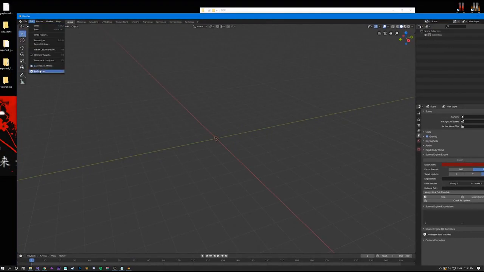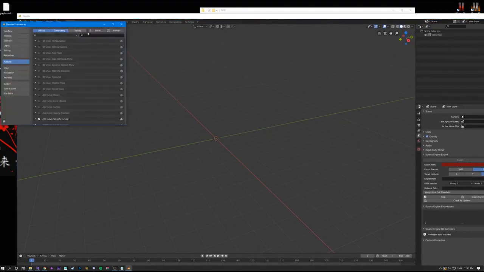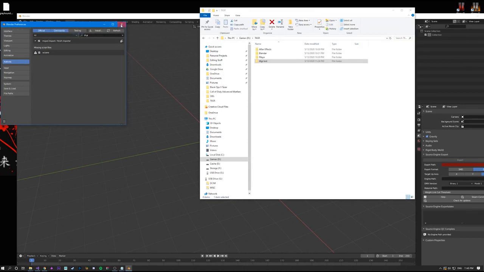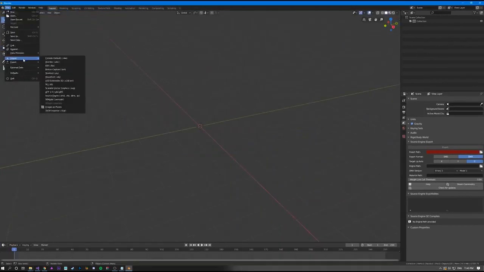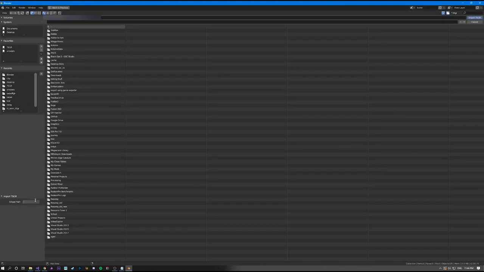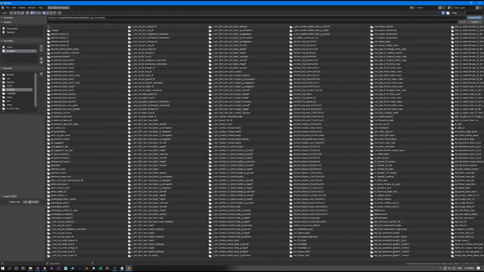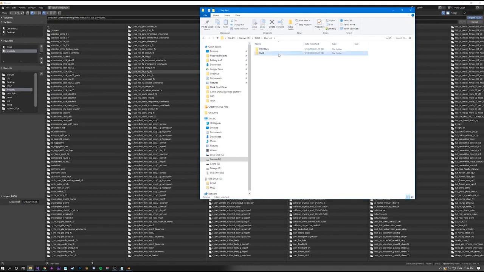So just make sure you have the importer installed by going up to here, make sure you have it enabled, or if you don't have it, just install it like so, and hit this and install that, and that'll be installed. So the import process for Blender is very much the same as Maya, just with one slight difference, which is the place where you put the folder for your models is just down here instead of as a separate thing. So just go to your models folder, copy that into here, go to your T6GR file,